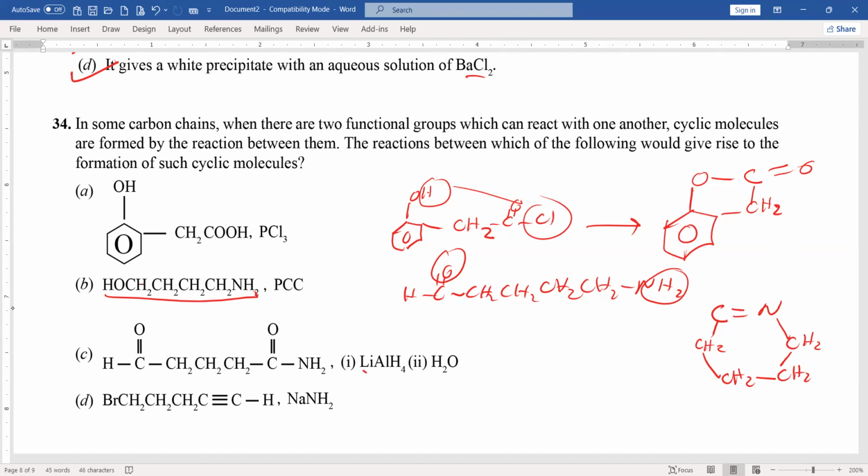Even here, when we add lithium aluminum hydride, this becomes OH, then OH will not react with NH2. OH will not react with NH2, therefore it cannot be used to make that cyclic compound. Here NaNH2, the H will be replaced by Na, and that Na may go with this Br. That D can be. When 1, 2, 3, 4 carbons are available, this also can, because of the presence of the same number of carbons, then this will give us